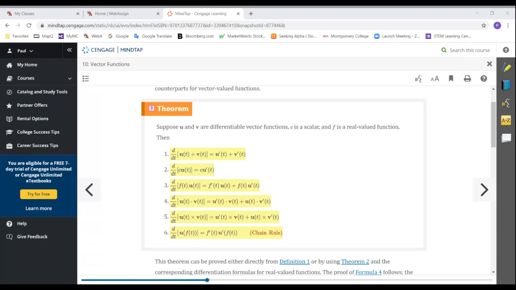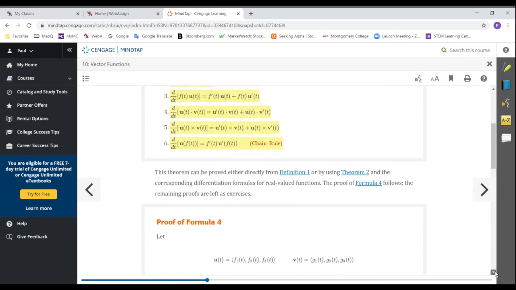It's also of note, look at rule 5. They have a rule for the derivative of a cross product. You'll have a problem in the homework that's an application of that rule. It's worth knowing. But let's prove that fourth rule. Let's look at the proof for the fourth rule. They go down here,